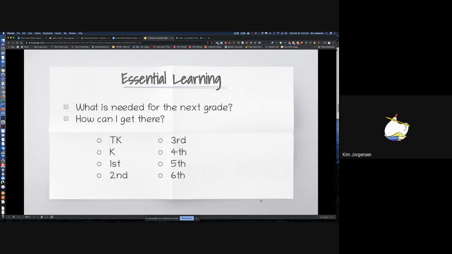And what's going to be essential is what your students need for the next grade. And I didn't print it here. I will send it out if anybody wants it. But this is what it kind of looks like after I went through Eureka Math yesterday to see how it needs to connect from one grade to the next.